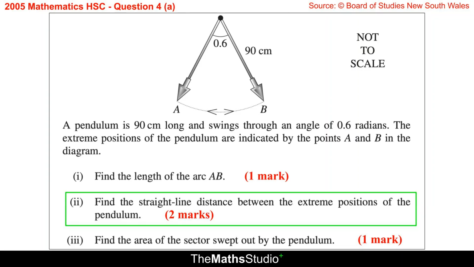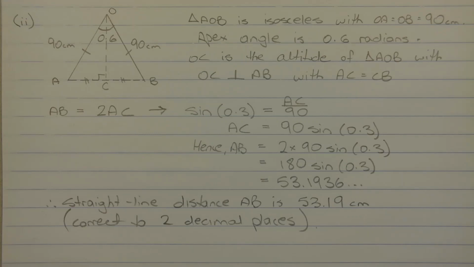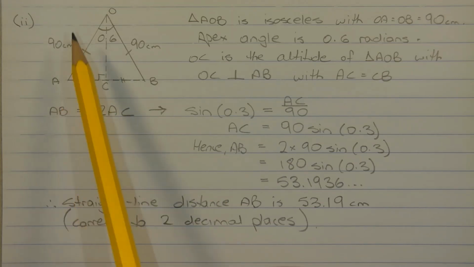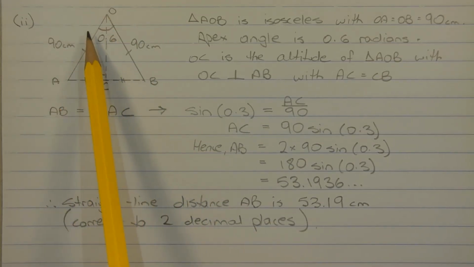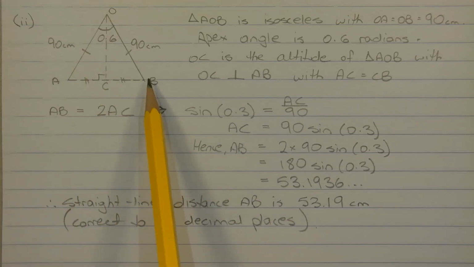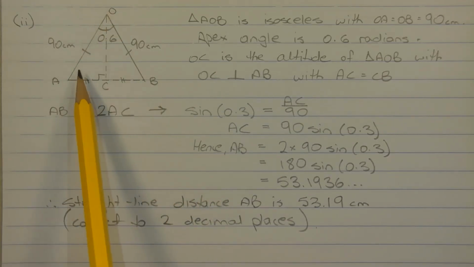Part 2. Find the straight line distance between the extreme positions of the pendulum. There are two ways that we can find the straight line distance AB. We could use the cosine rule, noting that triangle AOB is isosceles, OA equals OB, so we have two known sides and the included angle,